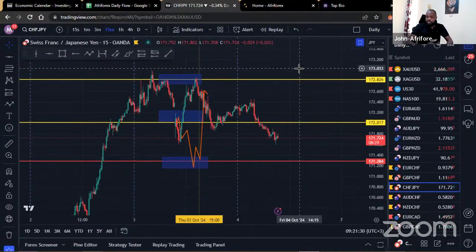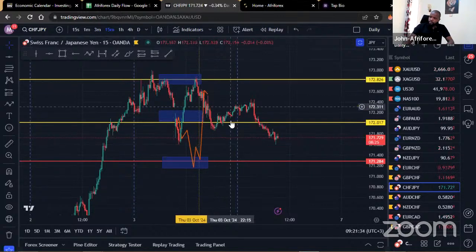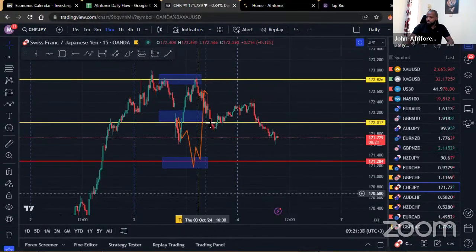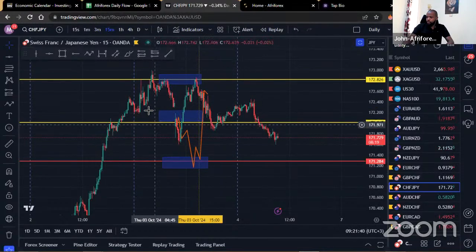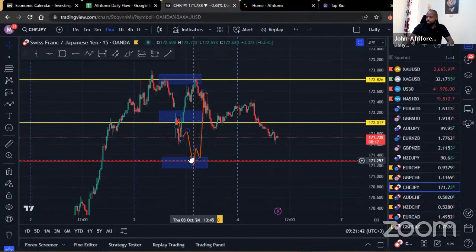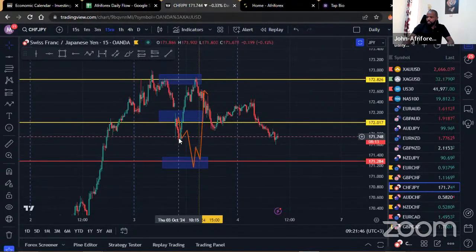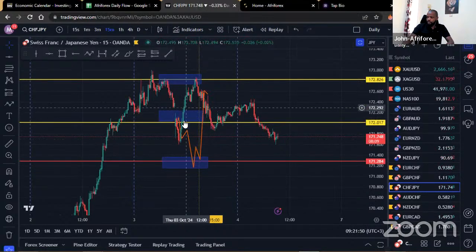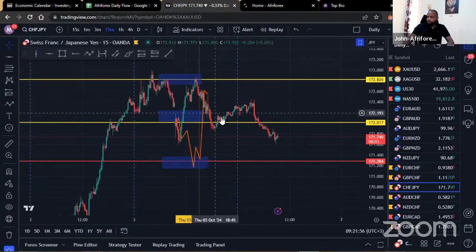So the next one, this is the Swiss franc against the Japanese yen. For this one, yesterday we were trying to see whether we could have gotten some buying opportunities. You can see the three areas right there that were pointed out, and also an illustration of what to expect. So the market was somewhere within here. And you can see that there was an expectation maybe price could have come back in within there, but the market really turned off within this area quite aggressively. Unfortunately, we couldn't get that pullback within here before looking for the buys.